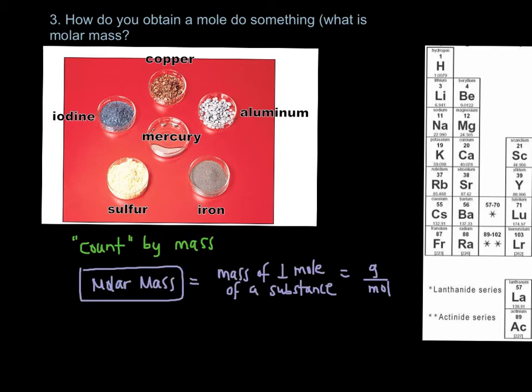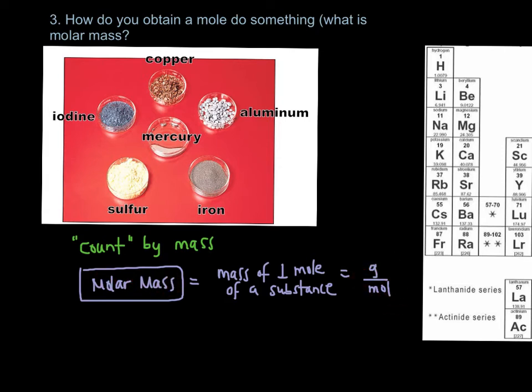So how do you count by mass? Well, you need something called a molar mass. A molar mass is the mass of 1 mole of any substance. So if I have 6.022 times 10 to the 23rd atoms of something, or 6.022 times 10 to the 23rd molecules of something, that something has a molar mass. I could weigh that amount of something, 6.022 times 10 to the 23rd, weigh it, get a molar mass in